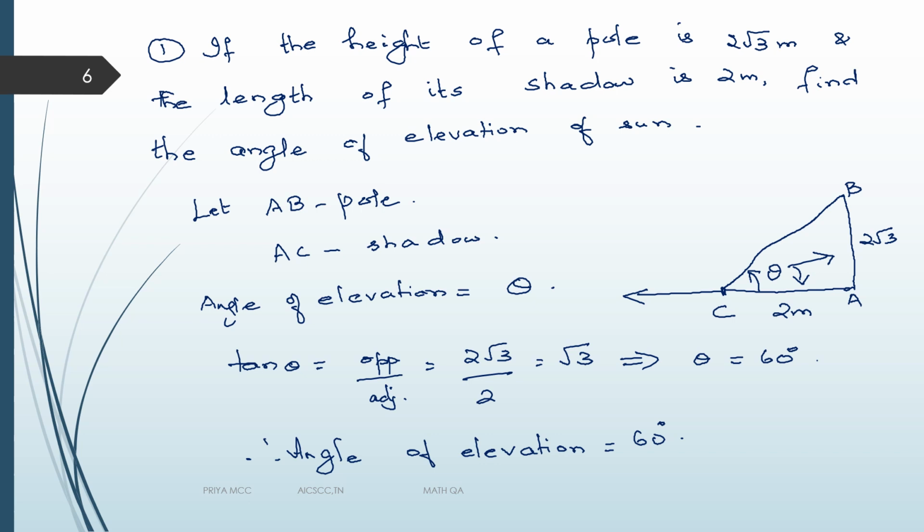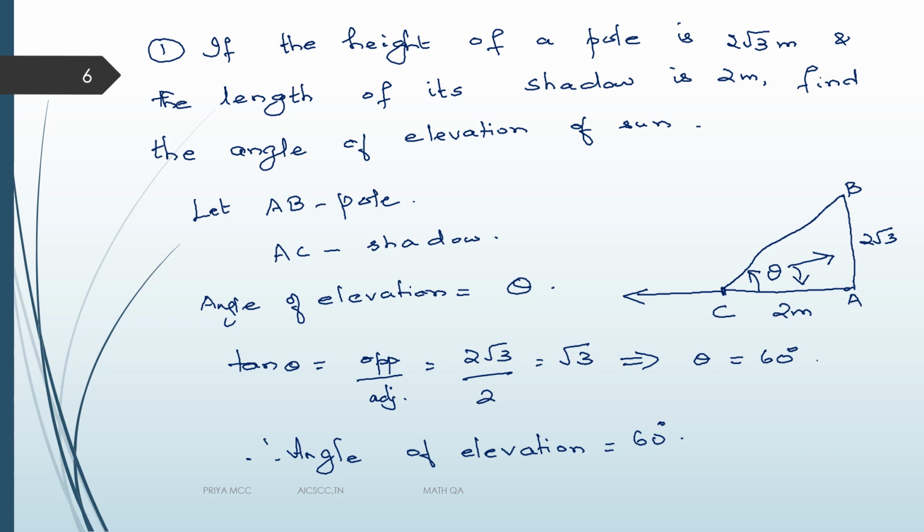Here you have to fix the diagram. If you draw the tentative diagram correctly and put your theta there in the right place, then you are ready to solve the problem. You will never make mistakes. If the diagram goes wrong, then the entire problem will definitely go wrong without doubt. So learn how to interpret the question and get the diagram. Mostly the context will be pole and shadow, or a plane is flying and you are looking at it, or a person is standing on a river and looking at a boat, or flying a kite, or a bird is flying. The context can be anything.